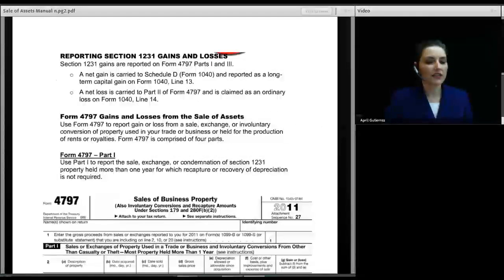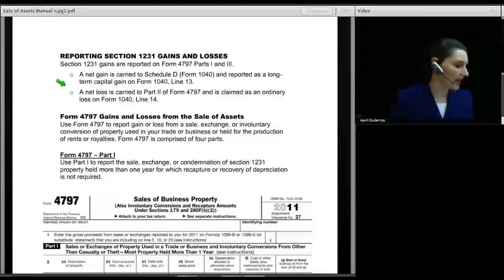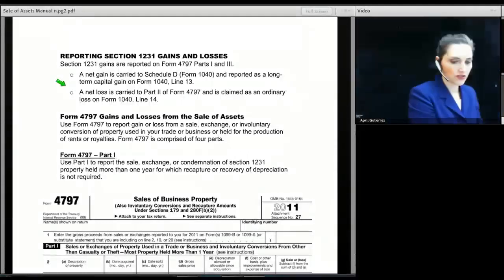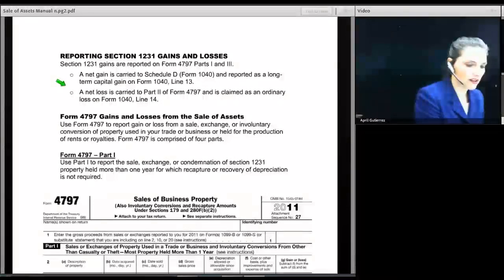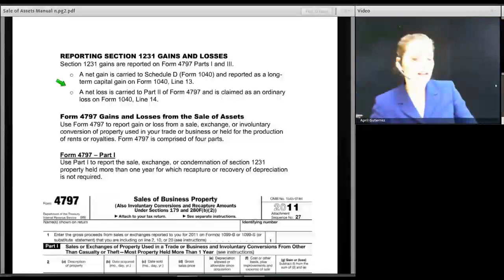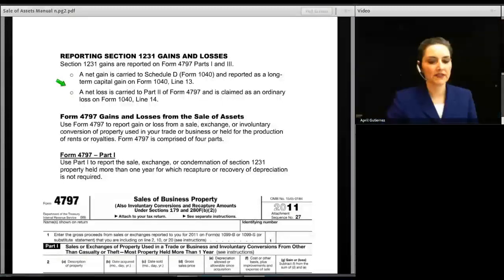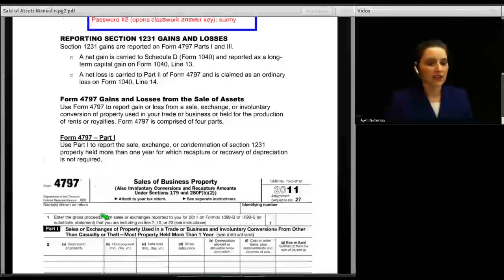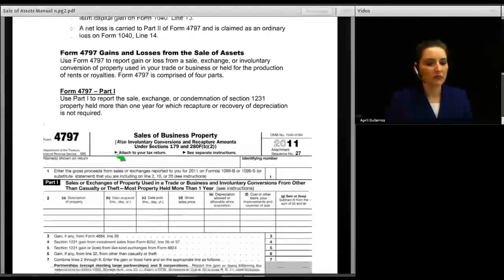So, reporting Section 1231 gains and losses. Section 1231 gains are reported on Form 4797, Parts 1 and 3. A net gain is carried to Schedule D and reported as a long-term capital gain on Form 1040, line 13. And a net loss is carried to Part 2 of Form 4797 and is claimed as an ordinary loss on Form 1040, line 14. So here is Form 4797. We're going to be looking at it